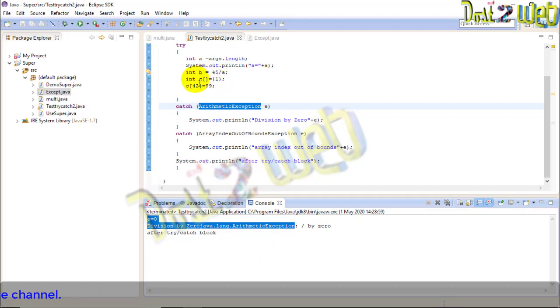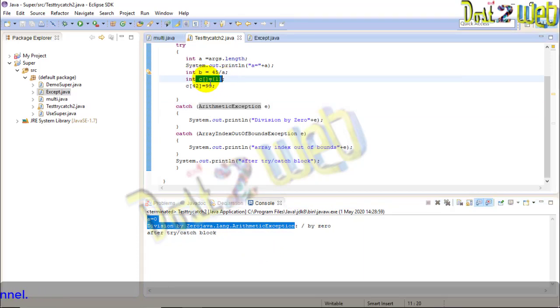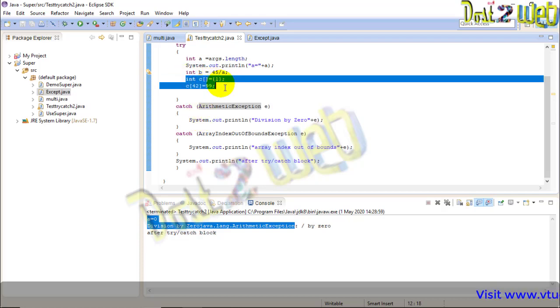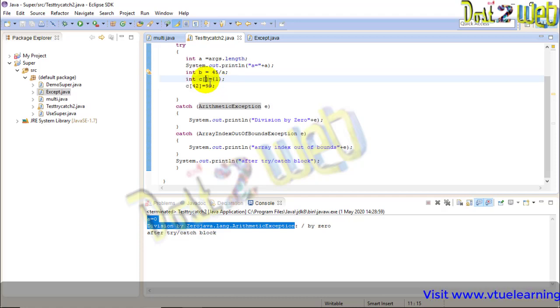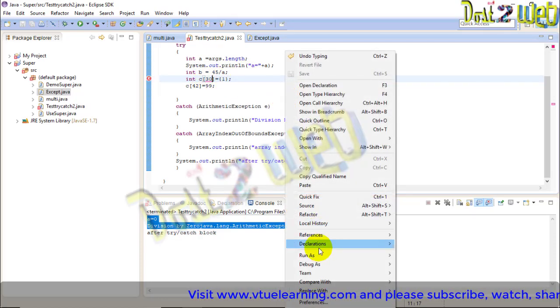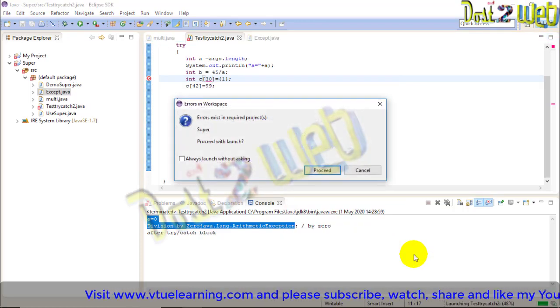We have not got any error for the array, because for the array we have not specified whether the size is 10 or 40 or 100. When the array is declared, the value is initialized into it, so that's why we are not getting an error for this. If we write 30 here and save it, now let's compile and see what error we are going to get.